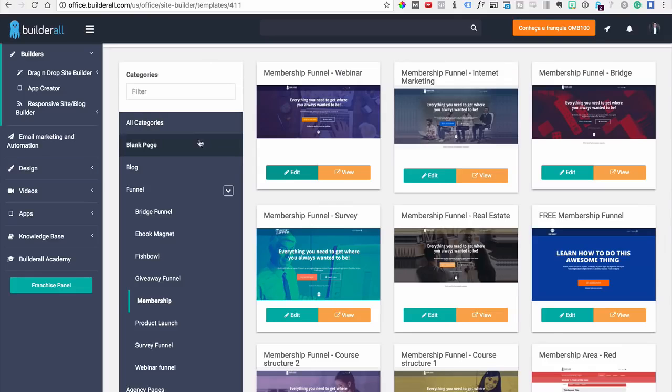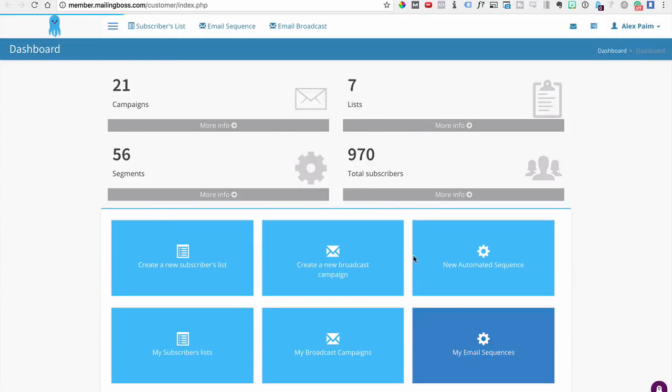You can do the checkout, sales funnel, and so forth. Let's go back to our dashboard so I can finish showing you the rest of our tools. Now all the things that I just showed you is part of the builders tool. We've got the app creator, so you can develop your own app for mobile phones, Android and iPhone. You have your responsive site, your blog builder, and you have your email marketing, which is the autoresponder that we offer in our platform. All this is unlimited, and you can use it